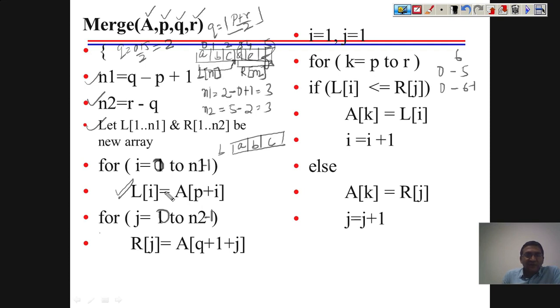Then you move to the next index: L of 1 will be equal to this, and L of 2 will be this. Similarly, you have an array R, where you are copying d, e, f. This we are doing with these two loops. With this loop, we have copied this part into this array. So let me take the example. Let's say this is our array.